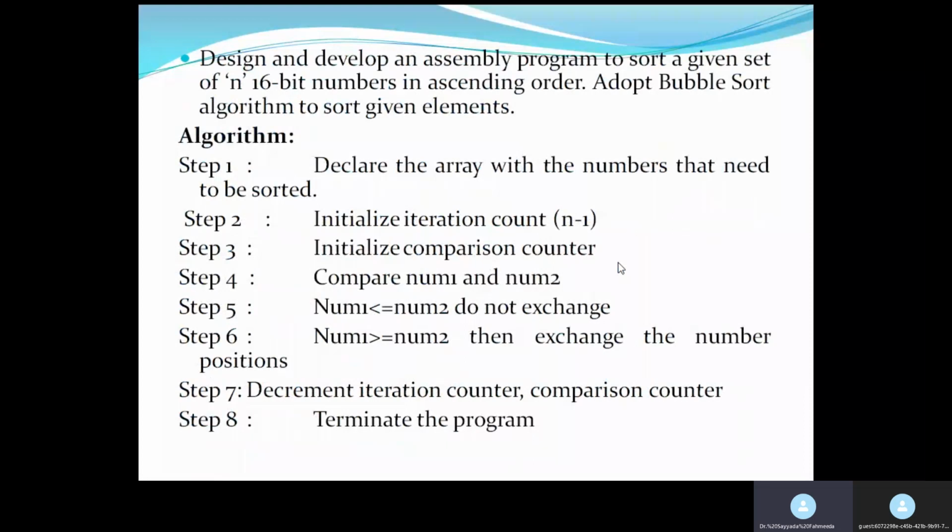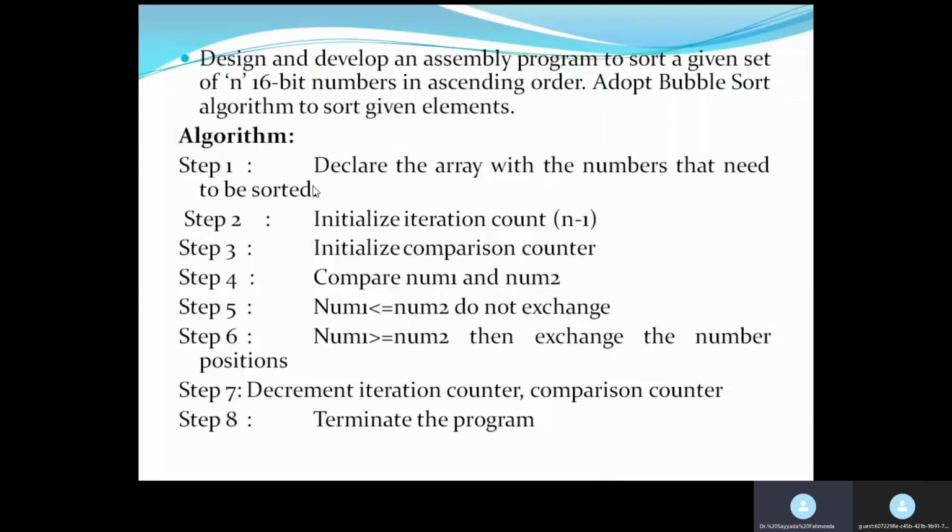The next program is to design and develop an assembly language program to sort given n-bit numbers in ascending order. Sorting should be performed using the bubble sort algorithm. Again, similarly, you need to declare the array.